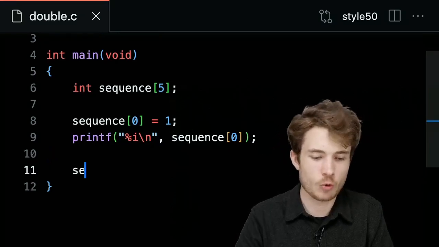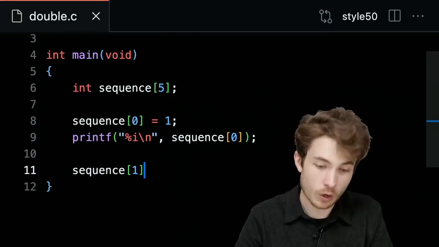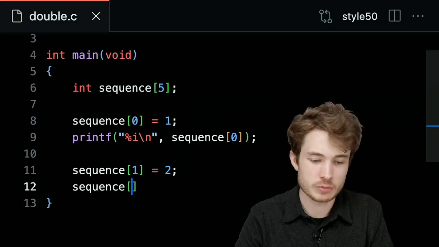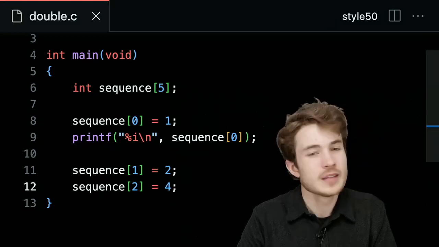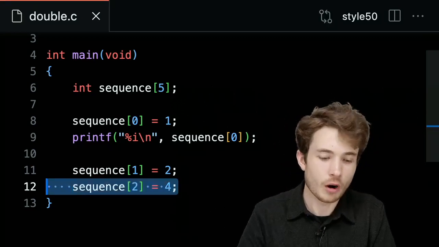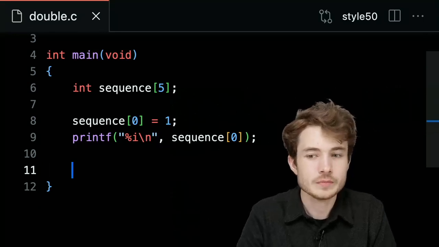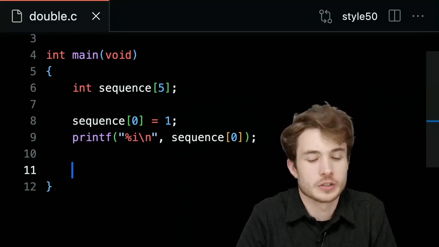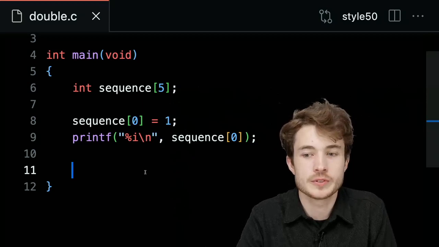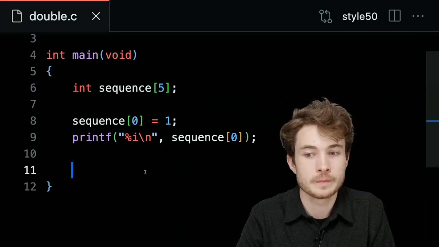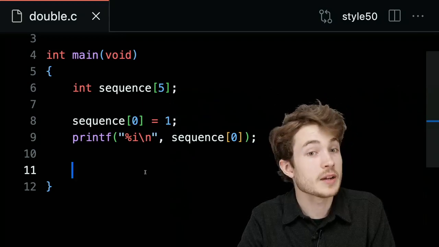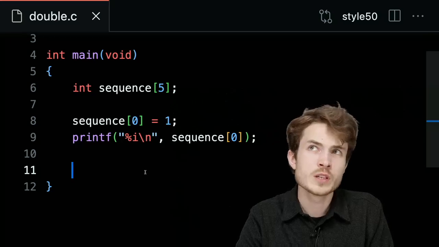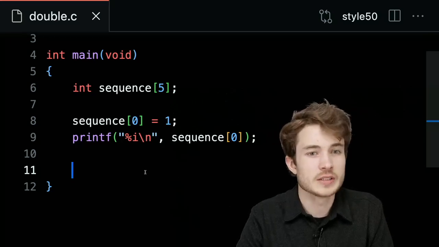I don't want to do this. I don't want to say sequence bracket 1 equals 2, sequence bracket 2 equals 4. That's getting a little in the weeds. I want to automate this process for me. What kind of structure that we've already seen could we use? I'm seeing this idea of maybe some kind of loop,